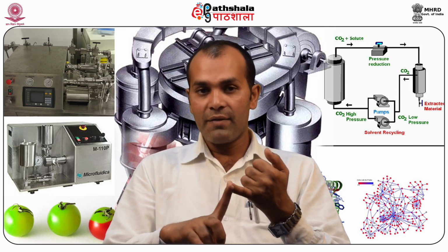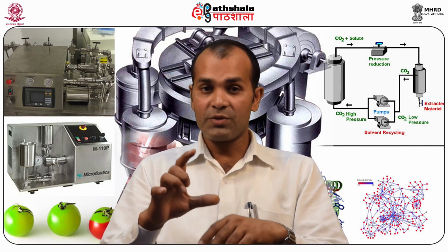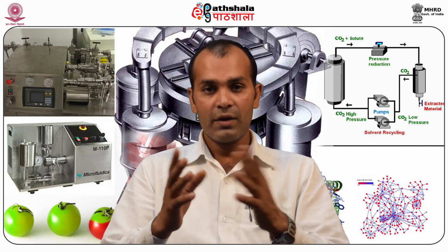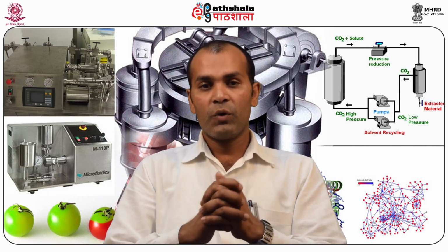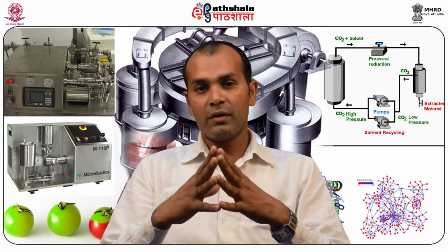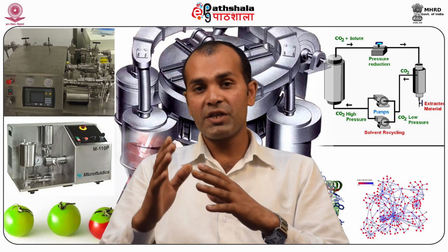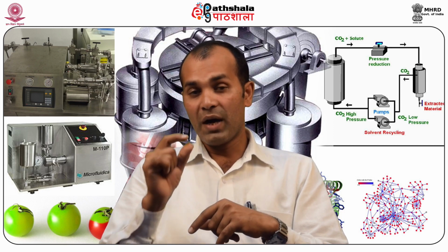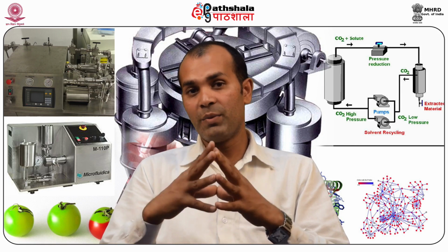So we can operate in dead end filtration, and we can operate in cross flow filtration also. It can be operated in batch mode, and it can be operated in a continuous system also. So batch and continuous, dead end and cross flow. These are the options with microfiltration. It is totally flexible. Moreover, when we are doing microfiltration of, for example, milk, what will be retained and what will go into the permeate? That will be based on the pore size of the microfiltration membrane. What pore size we are using, on the basis of that, the retention as well as permeation characteristics will vary.